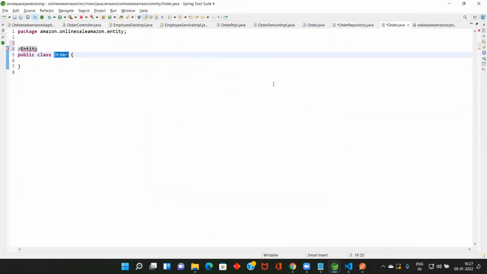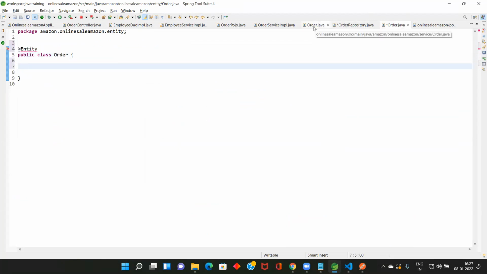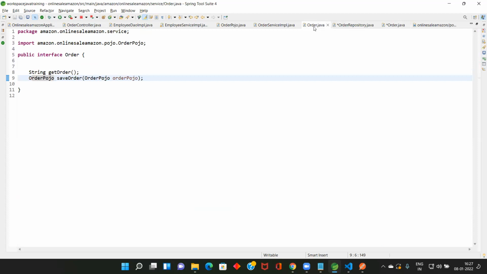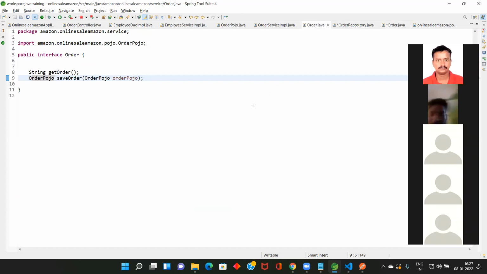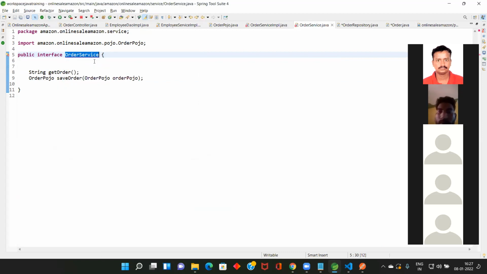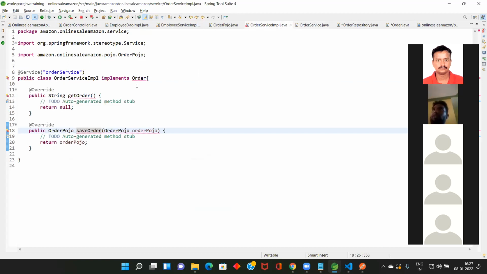So if you go to order, what are the things that we are going to store? Go to order Pojo. Where is order Pojo? This one is order repository. I should have made it, this one is Amazon service, right? Make this a service to be more meaningful. Order service. Rename. Control C, Control S. Go here. So here also Control V, Control S. So I changed the interface name so that it is more meaningful.